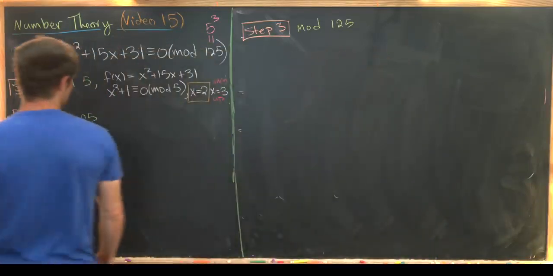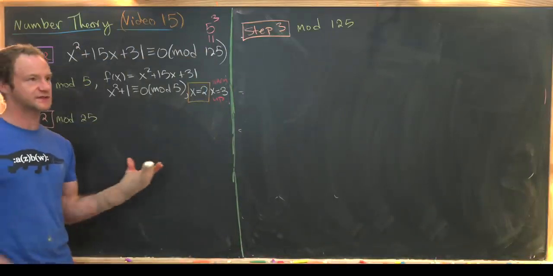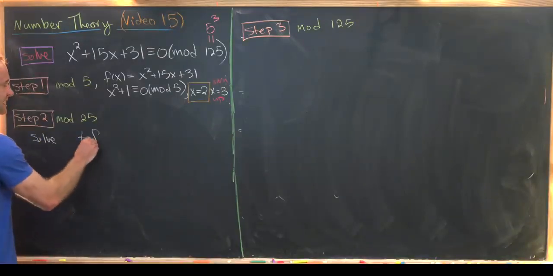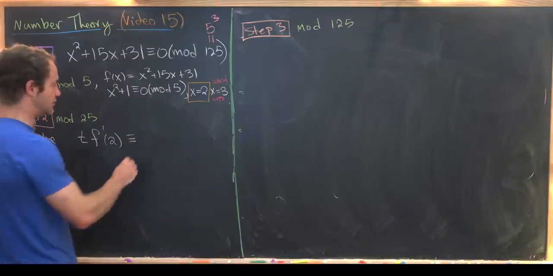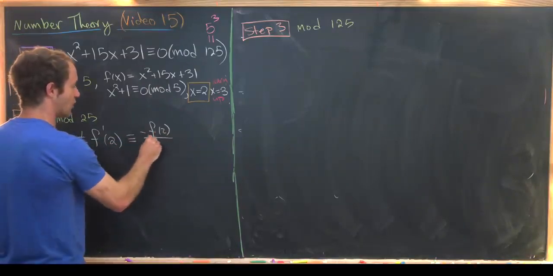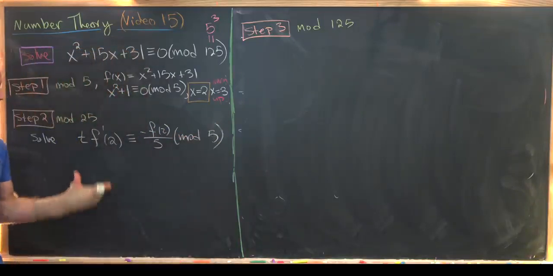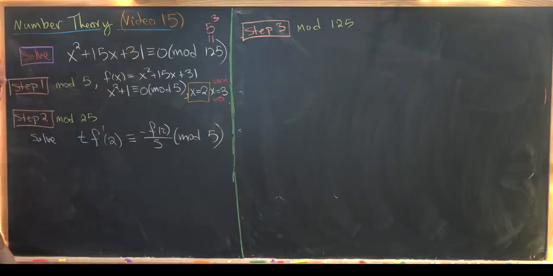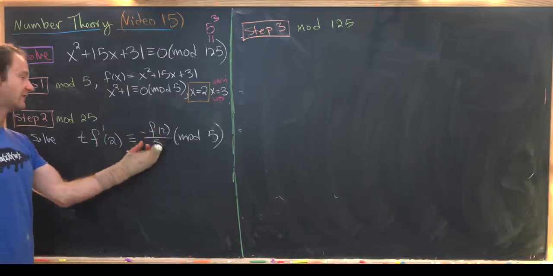So let's recall that mod 25, we're going to need to solve the following congruence. And this was built into the structure of Hensel's lemma, like I said before. So we've got t times f prime of 2 is congruent to minus f of 2 over 5 modulo 5. Again, I'll let you look carefully at that proof to see why this is the object we want to look at. So we need to calculate these two numbers, f prime evaluated at 2, and then f evaluated at